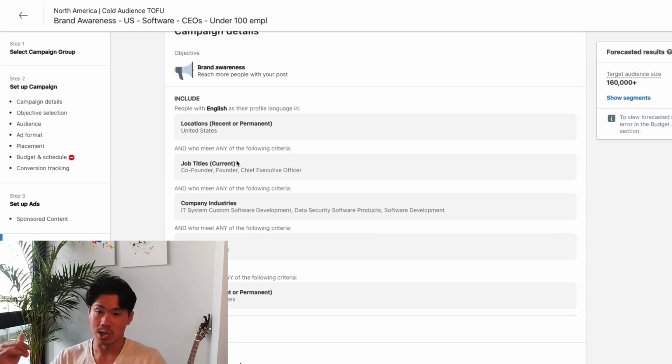Once you do click launch, it might take a couple hours for LinkedIn to review these ads, because obviously LinkedIn doesn't want any and all ads to go out there. They have to do a little bit of due diligence, make sure that you're not promoting anything that's a scam or dangerous or illegal. But generally speaking, LinkedIn ads are a lot easier to approve than, say, ads on Instagram or Facebook. And the LinkedIn support chat is also way more helpful. I think Instagram and Facebook support chat is essentially useless, and they know pretty much nothing and are almost never of help. Whereas the LinkedIn chat, they are very responsive and they will answer almost every question that you have to ask them. So pretty much that's it.